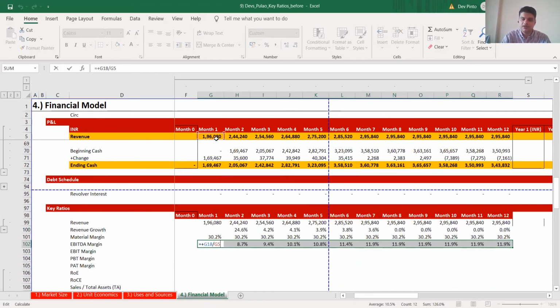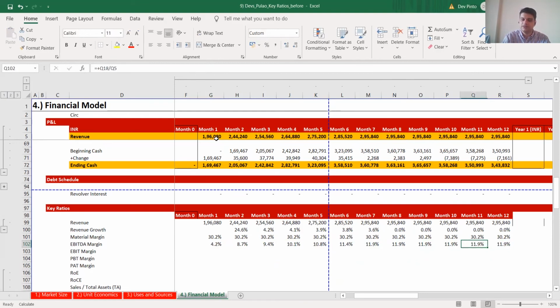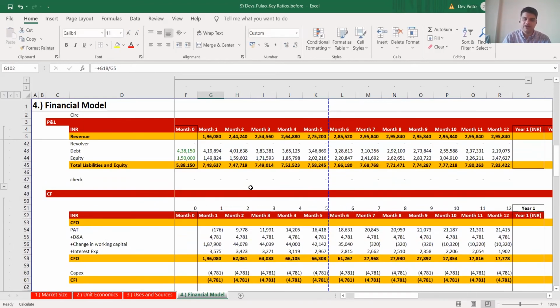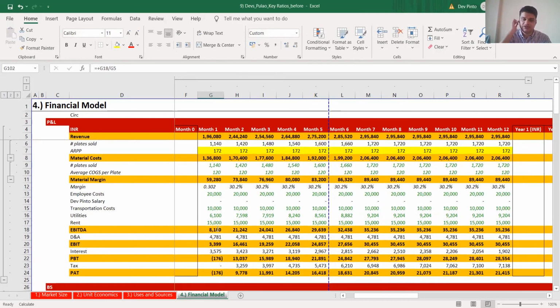So your EBITDA margin slowly improves and then stabilizes at 11.9%. Why is that? Because remember, right? Let's go up and let's see what EBITDA is and why the margin increases. So as and when you ramp up sales